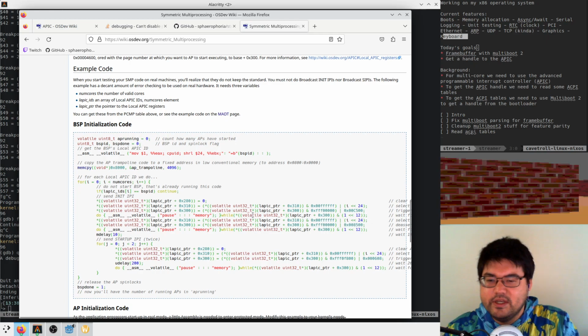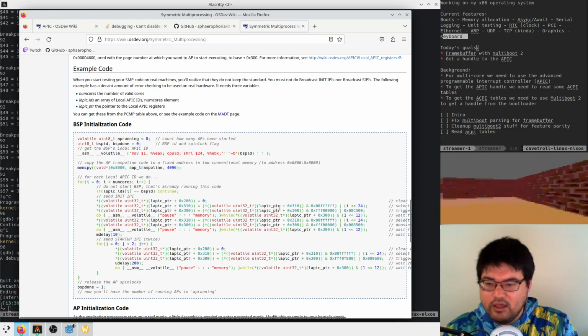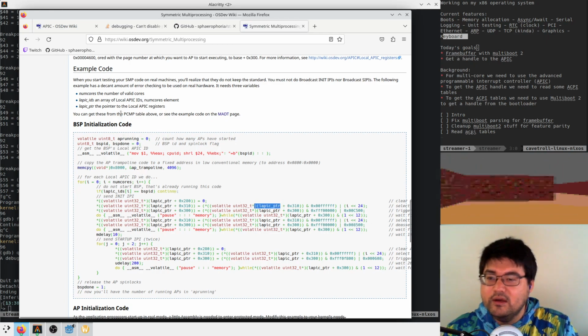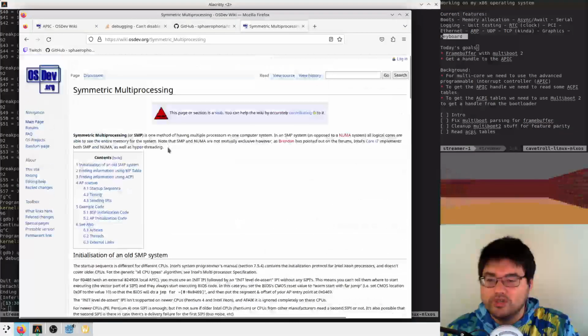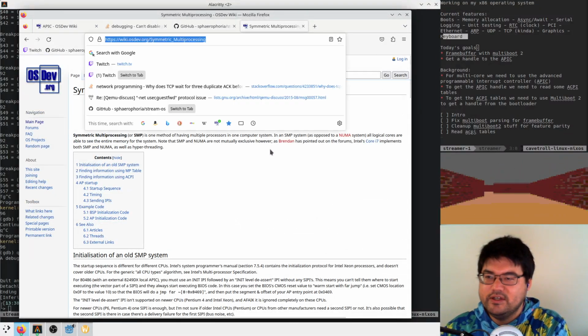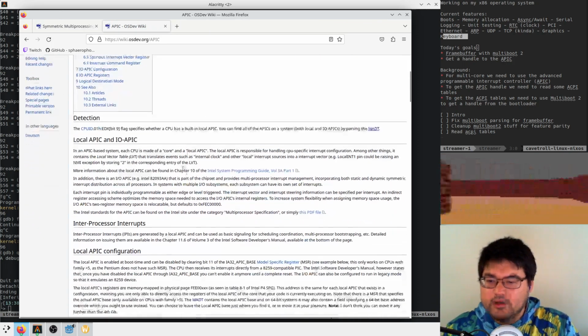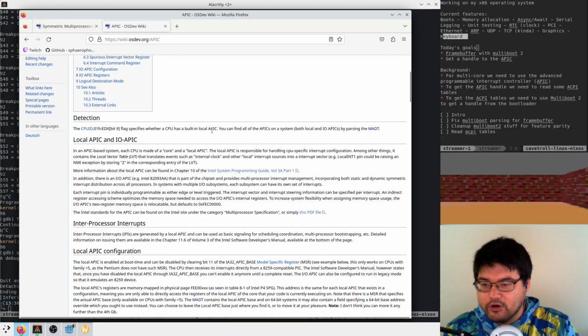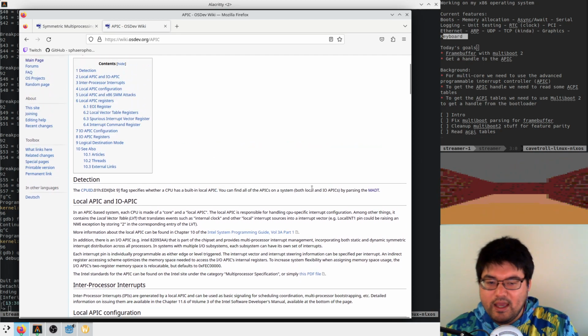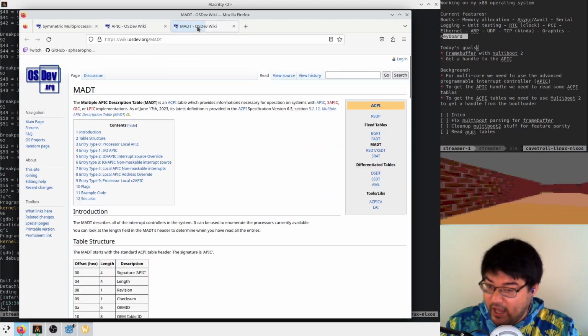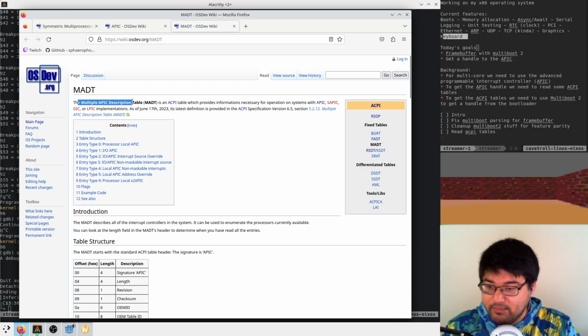In order to do this, they need a handle to this thing called the APIC, which is the Advanced Interrupt Controller. And in order to get a handle to this, we need to parse this thing called the MADT, multiple APIC description table, right?